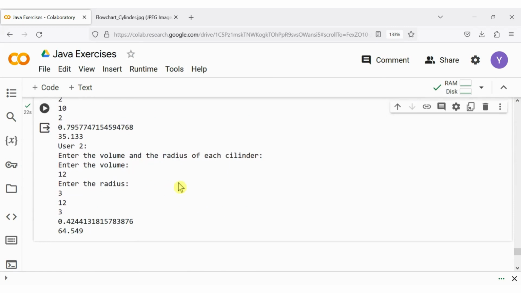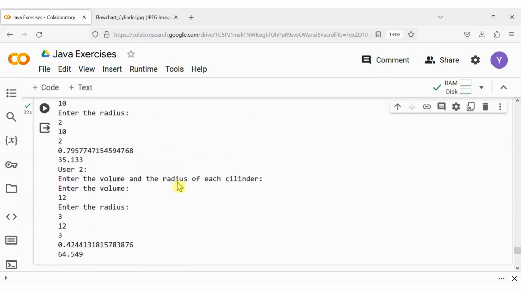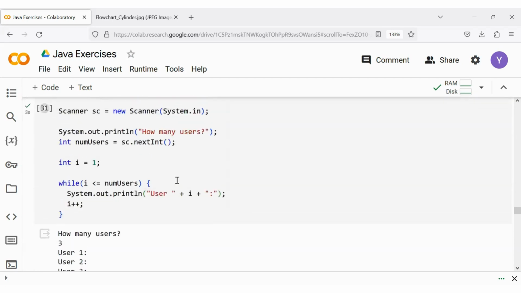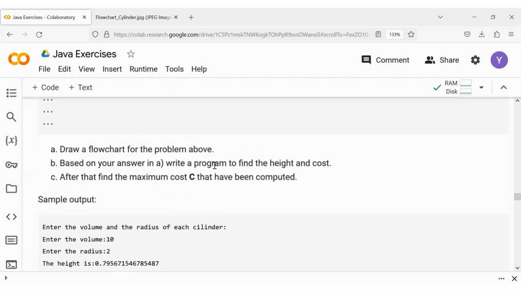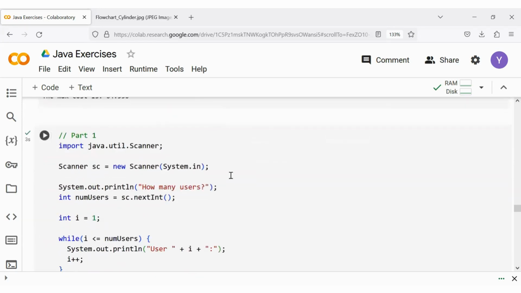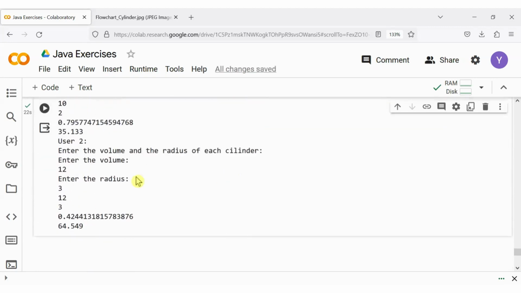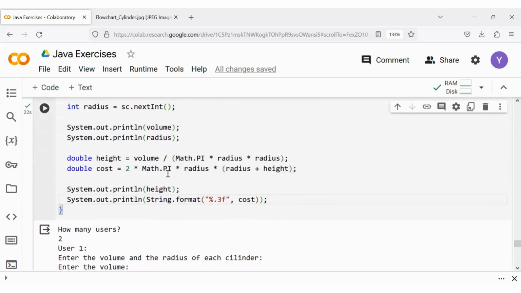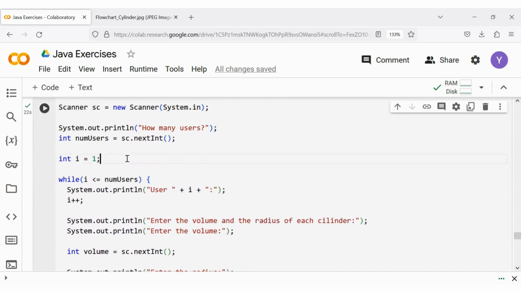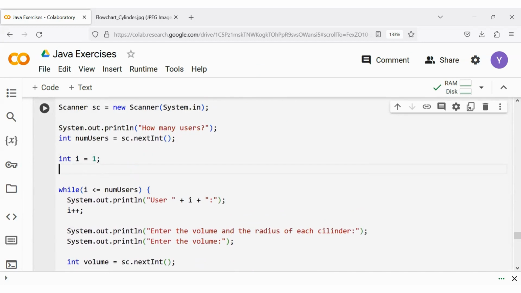Now basically we are done with the subtask B here. We just need to write a program to find the height and the cost, so we have done that. C is we need to find the maximum cost that has been computed. So for example, in this case, I will need to show that the maximum cost will be from user 2, 64.549. So how can I do that is I will need to first declare a variable, where in this case,